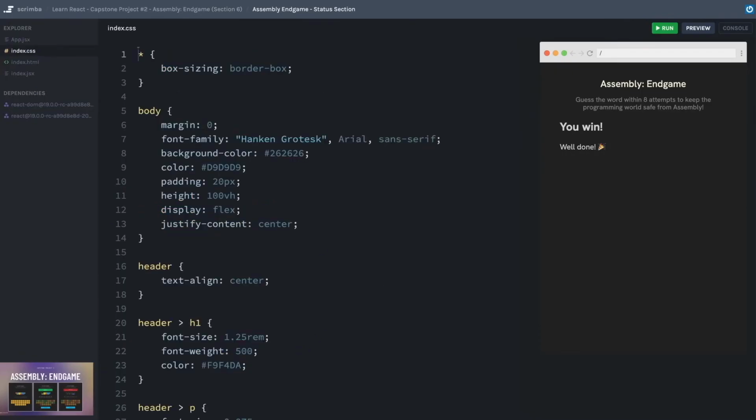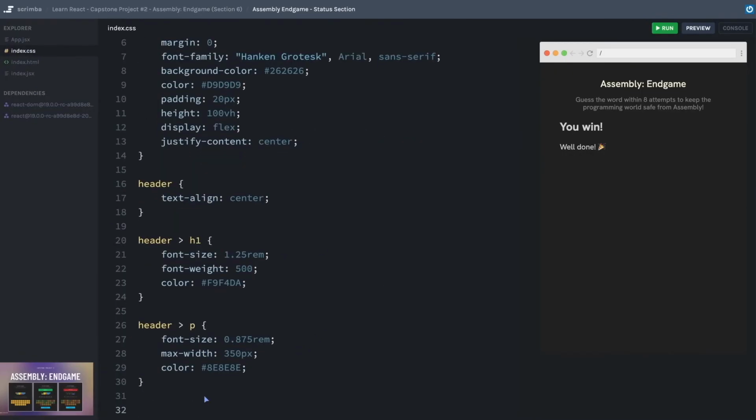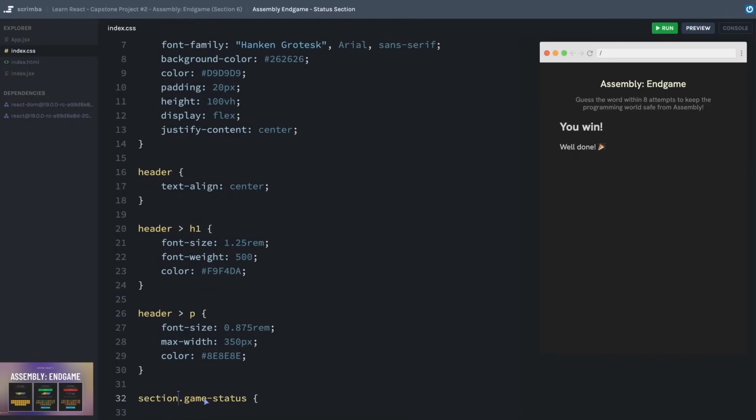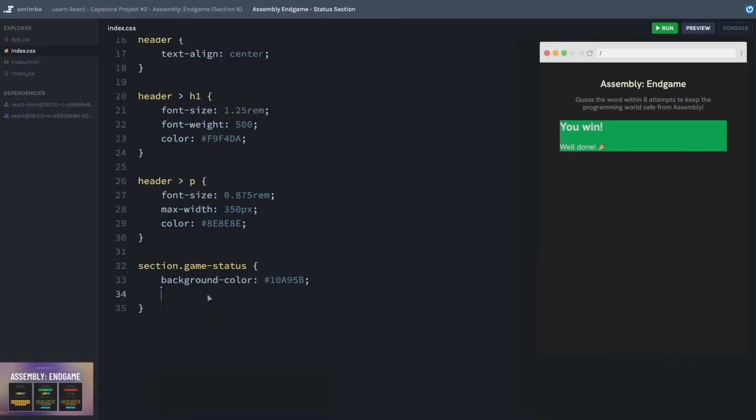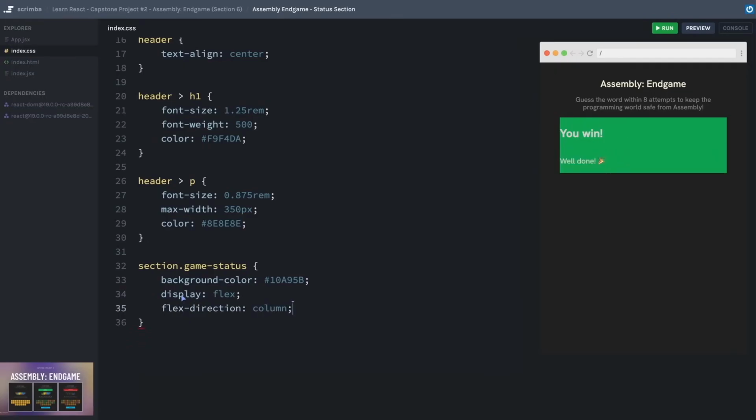Let's go over to our CSS. We already created a game status, so I'll select game-status. And sometimes I like to give myself an indication as to what kind of element this is being attached to, so I'll do something like section.game-status. For now, we are going to hard code in the background color that's the green winning color. And because there's two elements in here, I could try to space them correctly and everything, but I think I'm just going to set this to a display of flex, use a flex direction, not flex basis, but a flex direction of column. I'll align the items to the center, and it looks like it's already justified to the center.